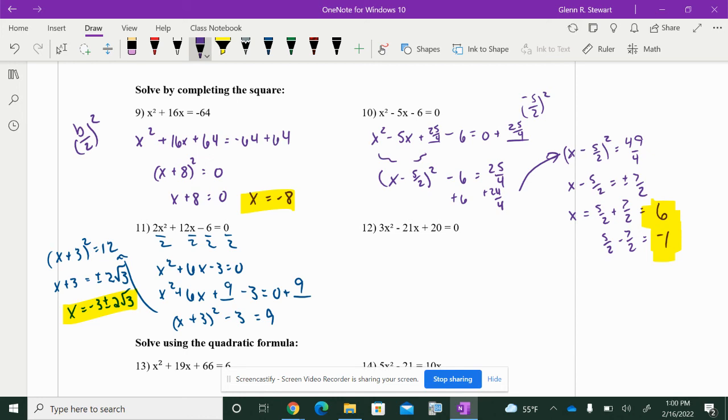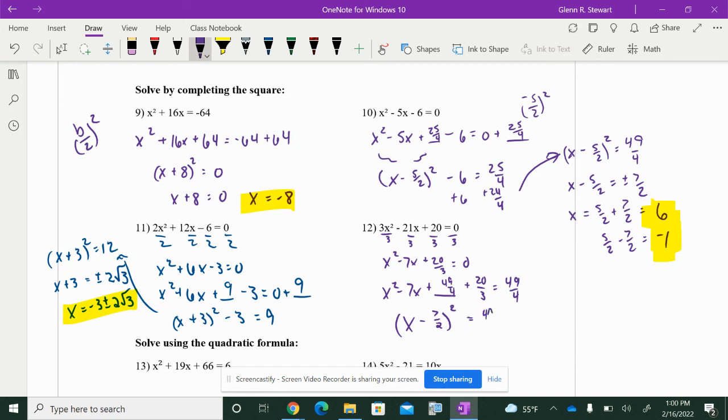Last one I'm going to do for this video, and then I'll do quadratics in another video. Divide each of these by 3 first. So I get x squared minus 7x plus 20 over 3 equals 0. Now I need to put a blank in here. So x squared minus 7x plus blank. So 7 over 2 squared is going to give me 49 over 4 plus 20 over 3 equals 0 plus the 49 over 4. So this is going to end up being x minus 7 over 2 squared